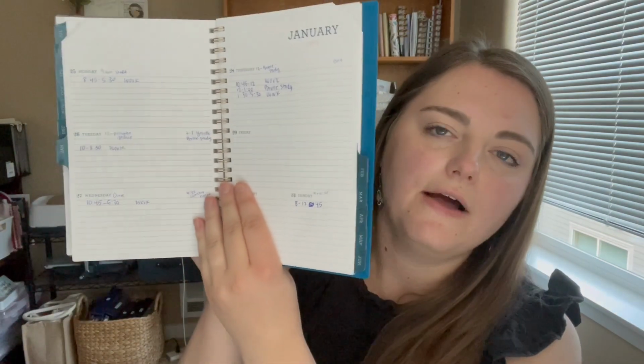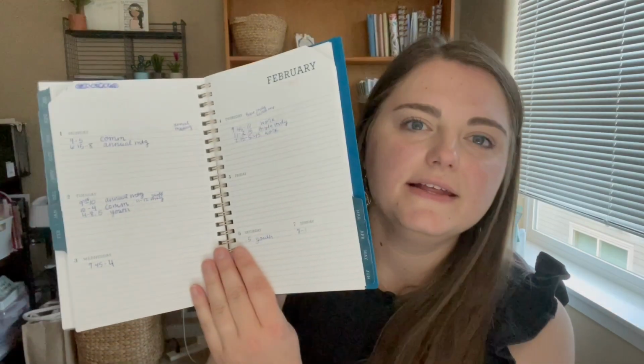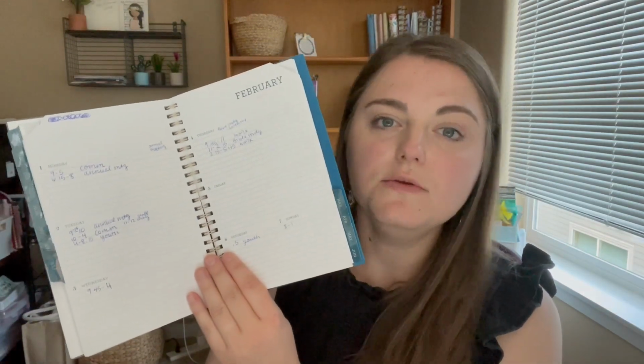And so I have a planner for that. I don't ever decorate it or anything, and I use it for tracking my hours. I don't know what I can show. Maybe I can show you this. So I basically just write out the hours I work, and I used to designate it by how many kids hours, how many communications hours, and how many youth hours, but it just was taking me way too long. So I did that, and